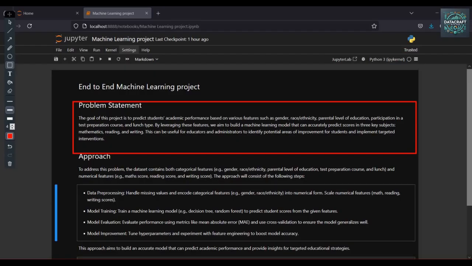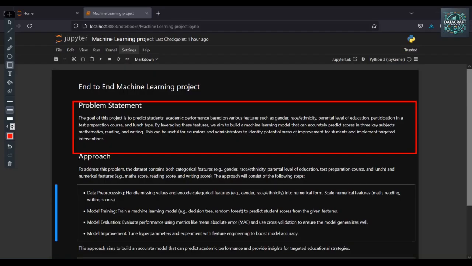The second step I am going to do is the model training, where I am going to train more than 8 or 9 models. I have mentioned the decision tree and random forest, but I am also going to take linear regression, support vector machines, Ridge, Lasso, AdaBoost, CatBoost. Then third is the model evaluation. Evaluate the performance using the metrics like mean absolute error.